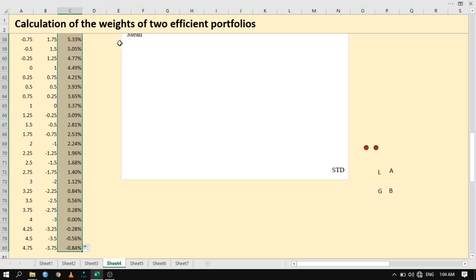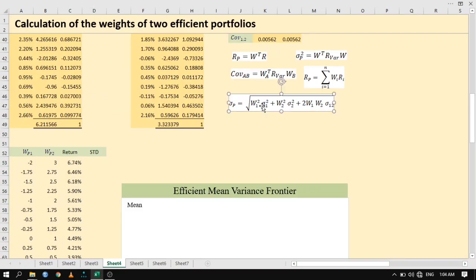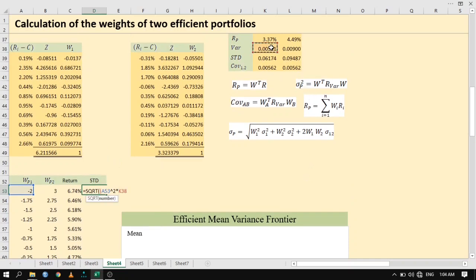Then I'm going to calculate the standard deviation the same way. I'm going to use this particular formula. So standard deviation is equal to the square root of weight 1 to the power 2 multiplied by the variance of portfolio 1, plus weight 2 to the power 2 multiplied by the variance of portfolio 2,